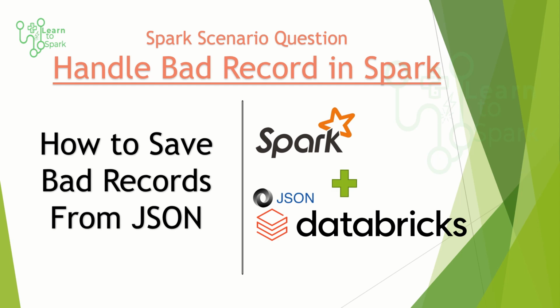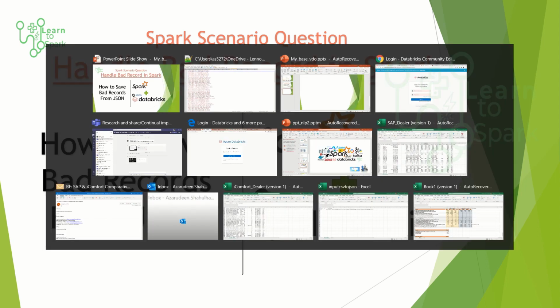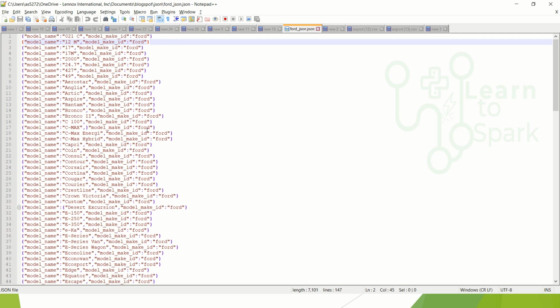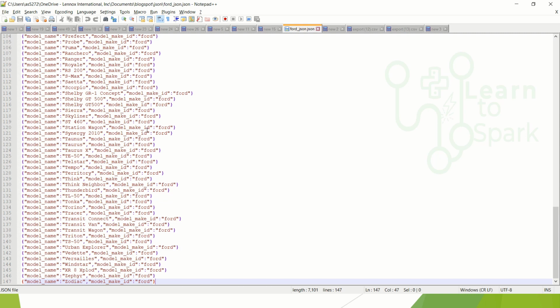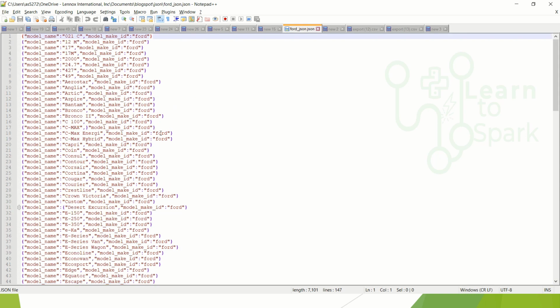We will see that in a short while, and before moving on to our actual setup, let us have a look into our JSON file that we have taken for today's example. This is the sample JSON file that we are having. We have around 150 records in our JSON formatted file, and this is something related to a Ford make, in which we have two columns, model name and the model make ID.